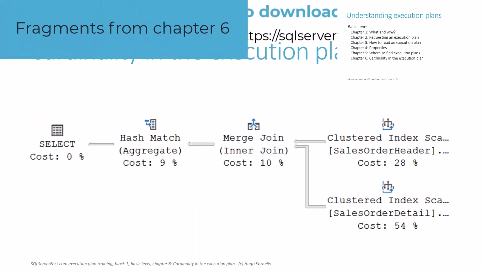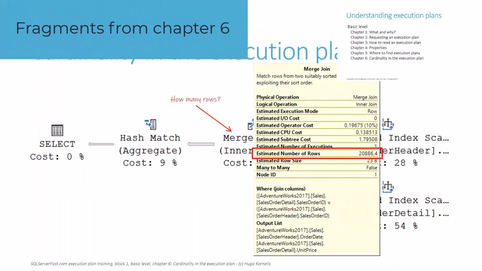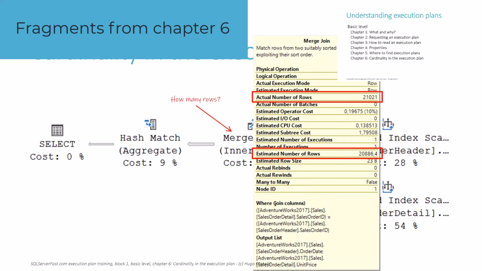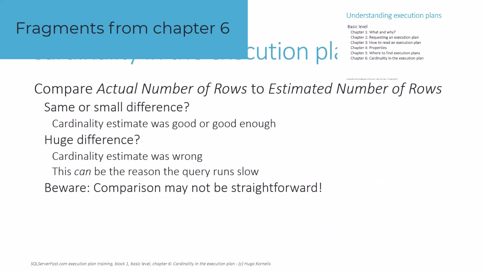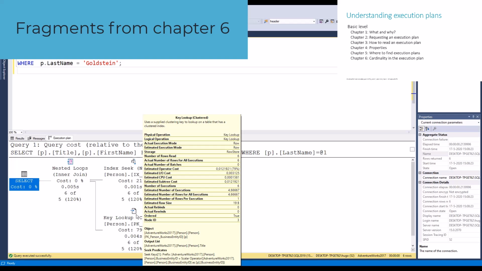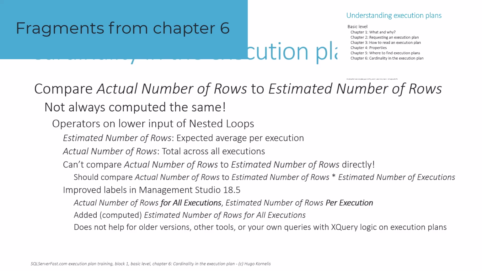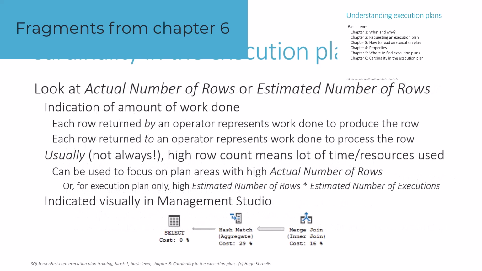A lot of performance issues that can be found with execution plans are related to bad cardinality estimates. The optimizer expects that a certain number of rows will match the query criteria and bases its decisions on that assumption. If those estimated numbers are totally different from the actuals, then the optimizer likely made bad decisions. That's why Chapter 6 provides extensive coverage of the perhaps most important properties you can find in execution plans, the estimated and actual number of rows. We talk about their importance, but also about the many cases where the numbers may be presented in potentially confusing ways.